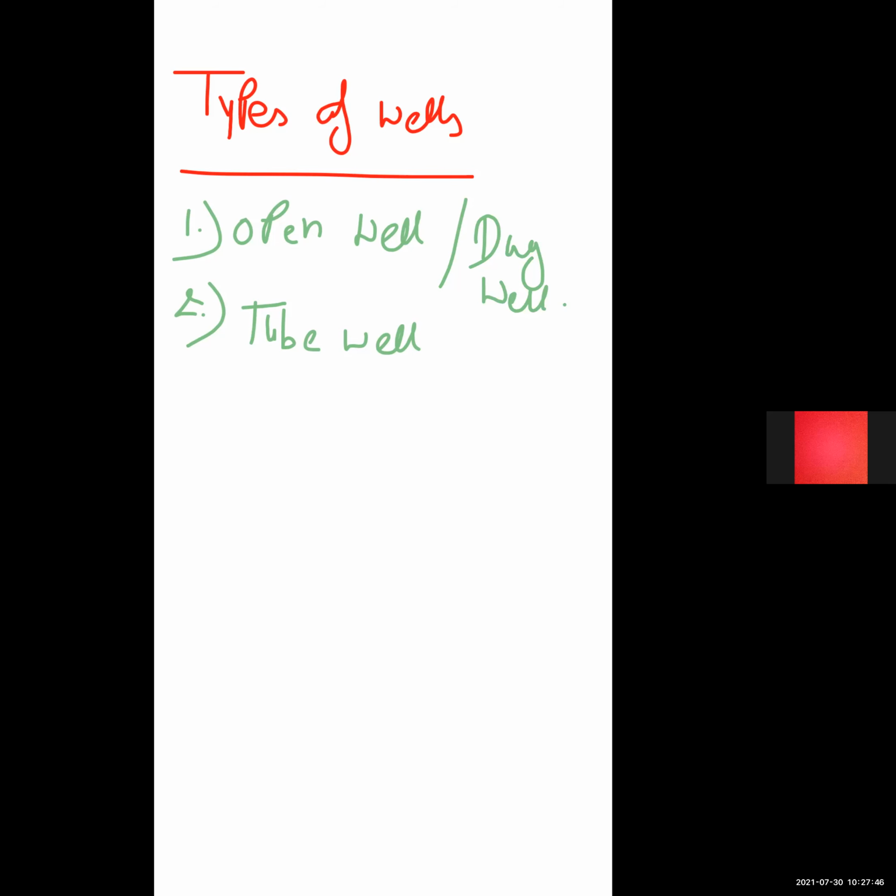An open well is generally an open masonry well having a comparatively bigger diameter and is suitable for low discharge, on the order of 1 to 5 liters per second. The diameter of an open well generally varies from 2 to 9 meters, and they are generally less than 20 meters in depth. The wall of an open well may be built of precast concrete, zinc, brick, or stone masonry. Their thickness generally varies from 0.45 to 0.75 meter according to the depth of the well.